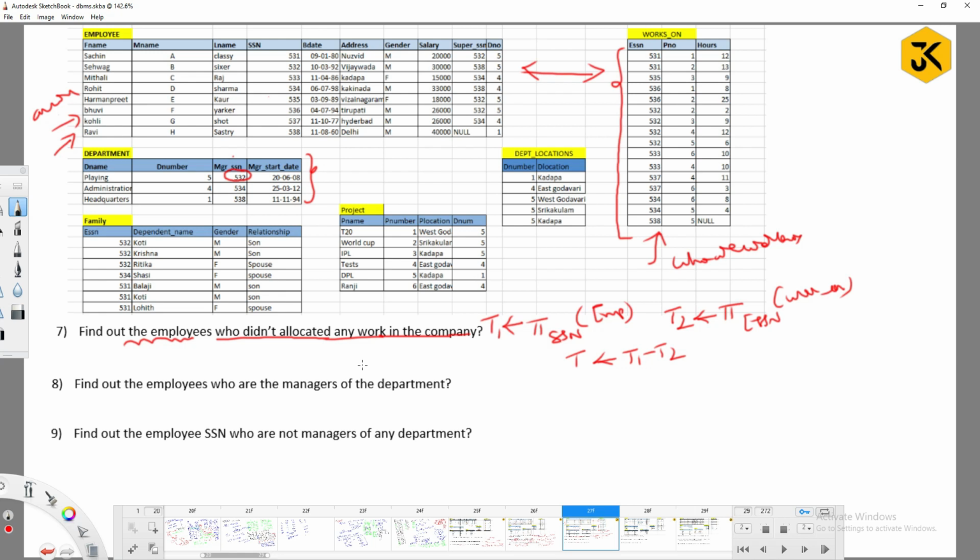And what is the join operation going to do? It is going to join the two tables into a single table by making all the related tuples into a single line, right? So can we get the data or not? Yes, we can do it, right? So what can we do?